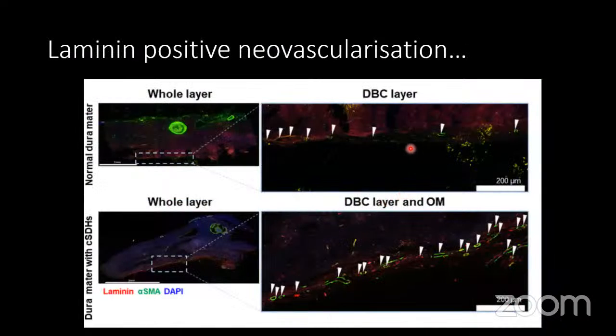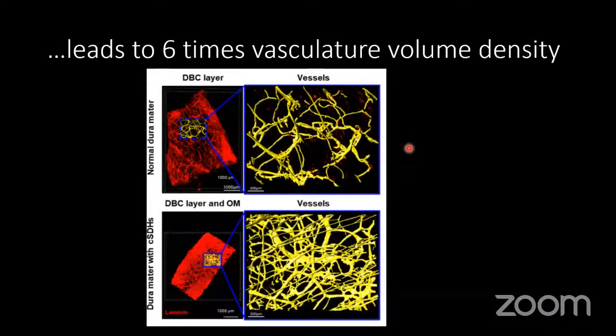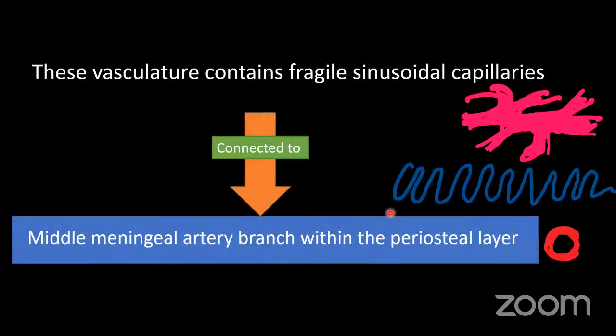And there are so many receptors being positive, which produce angiogenesis as well as inflammation. Here we can see the number of vessels in a patient with chronic subdural hemorrhage is very much higher than that of normal dura. So due to all these factors, what happens is the branches of the middle meningeal artery within